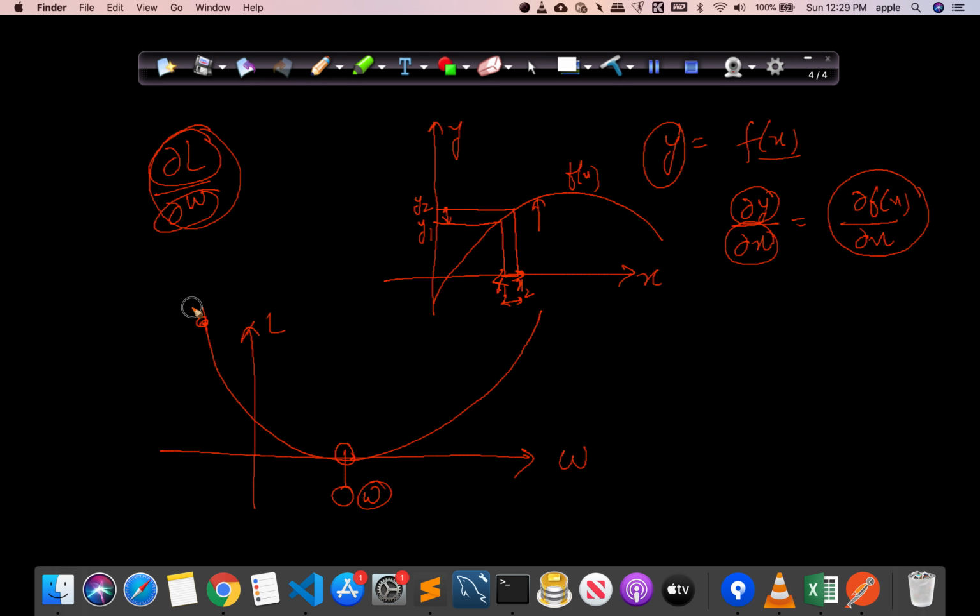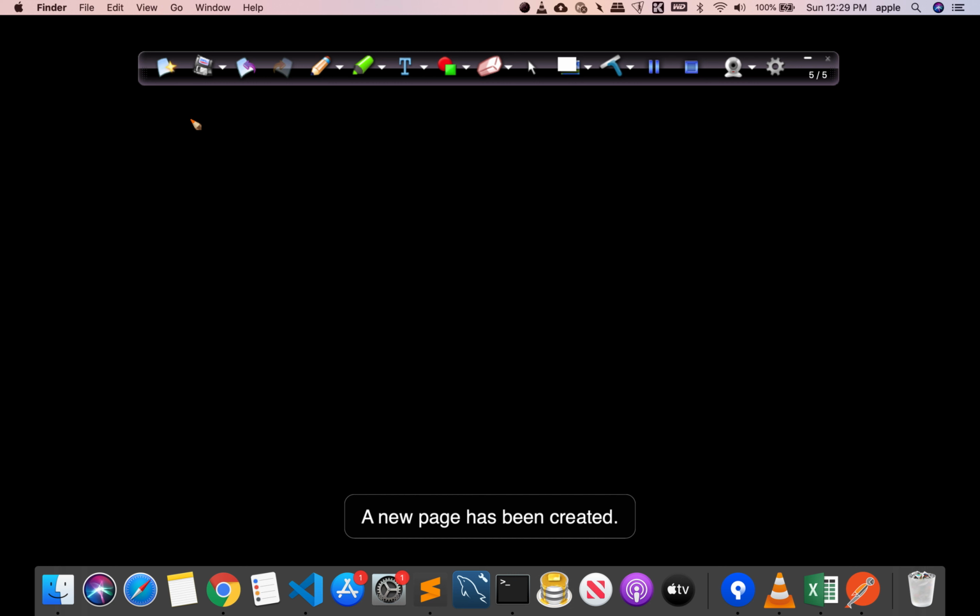How to reach this point is, this is the gradient at this particular point. So what we do is we move in the opposite direction of the gradient. This is the gradient. This is the loss. So we slowly move down the hill, and we will reach this particular trough, and we will have the most optimal w where the loss will be minimum. So now let's see how to find this dL by dw.